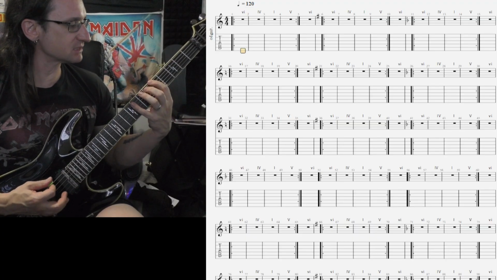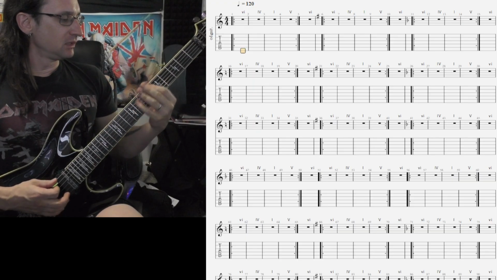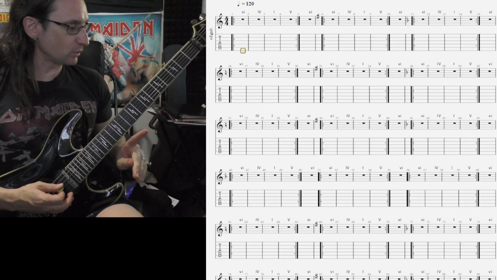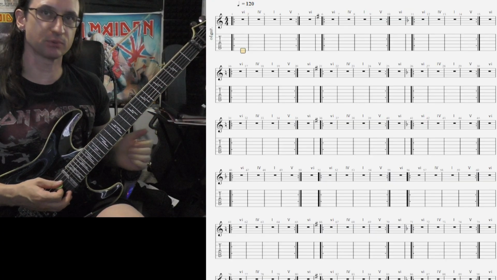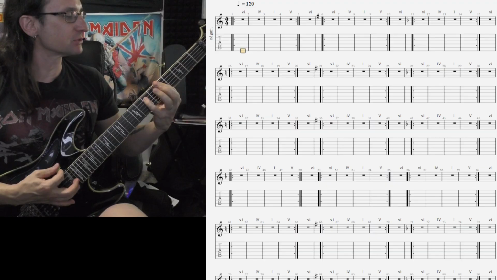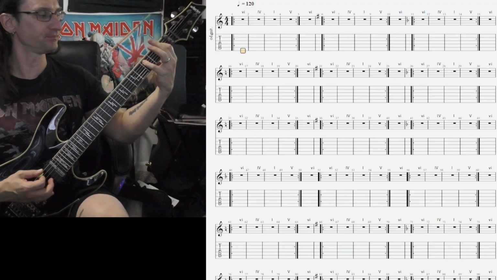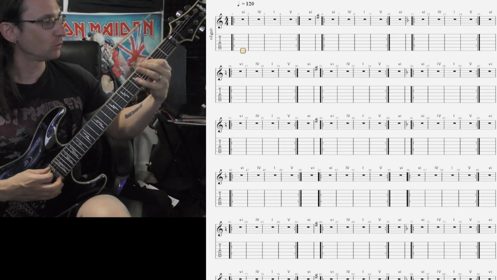That's the 6, 7, and then 1, 2, 3, 4. I could do the 5 here and the 1 there. I'm going to go another way. I'm going to go down to the 4. That's usually how this progression is done anyway. So 6, there's the 5, there's the 4. 6, 4, 1,